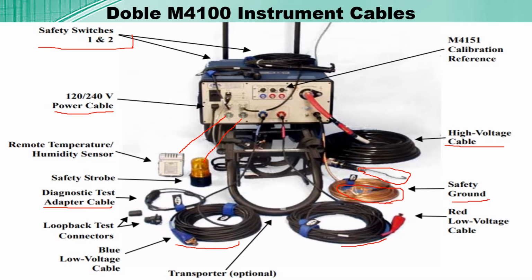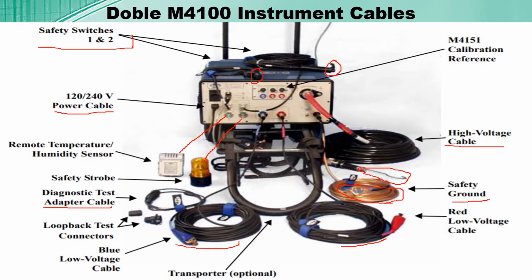And if in between the test the safety switches are released, by mistake or intentionally, then the test will automatically stop or be cancelled. So these safety switches are provided for the safety of the personnel as well as the safety of the equipment. Here you can see a push button is provided on the safety switches. This is the push button that you have to press while holding the safety switches.